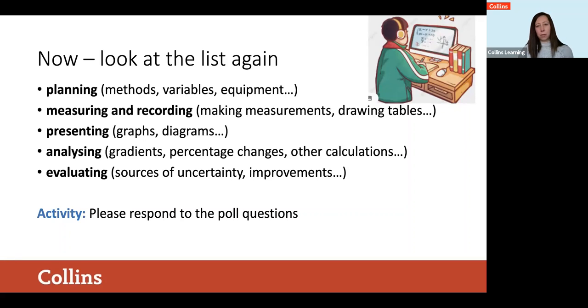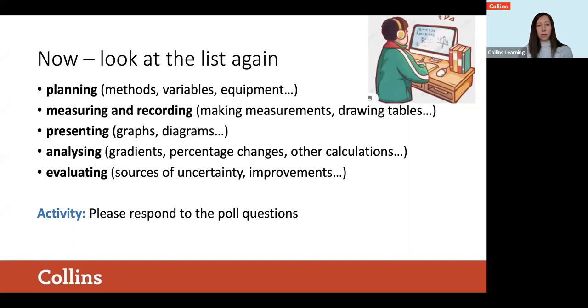Yep. It looks like we've leveled out a little bit, and I'll share the results with you. It looks like analysing is the winner here. Yep, I would say analysing or even evaluating as well. Very few people went for evaluating. And if you think about Bloom's taxonomy or any sort of hierarchical way of thinking like that, analysing and evaluating are at the top of those. And it's actually quite fortunate for us that those are ones that we can practice without having access to a laboratory. And so now I'm going to launch the next poll,